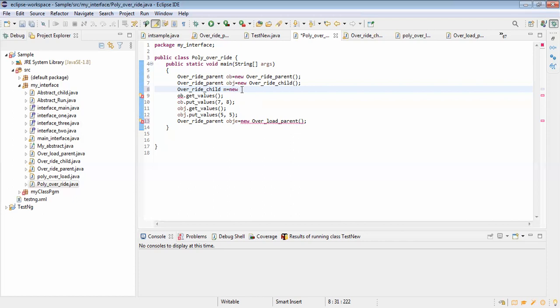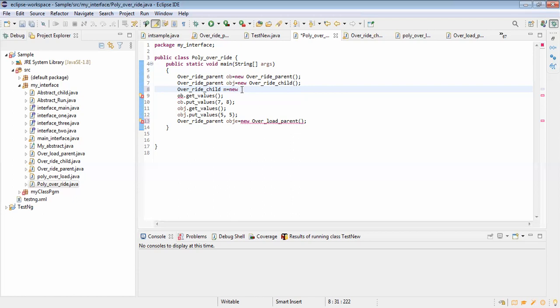Second. Override child. Here we are storing the values of override child into the override parent. Second, Molali.